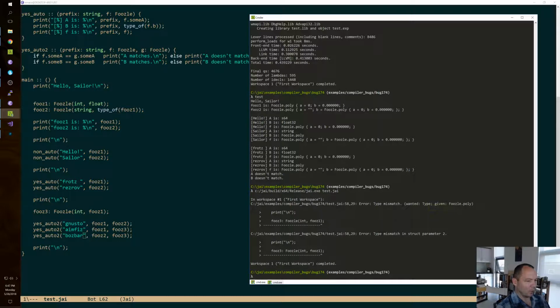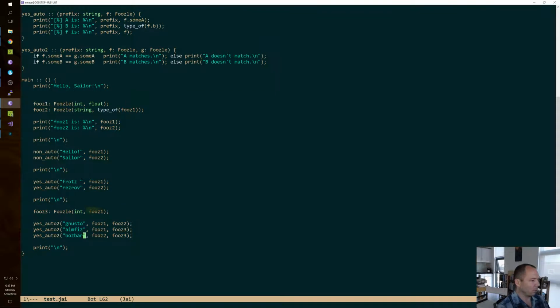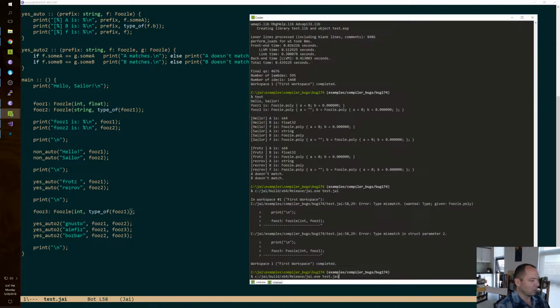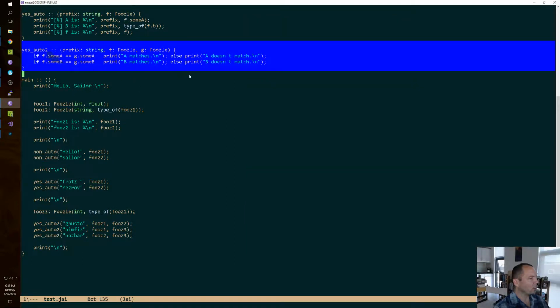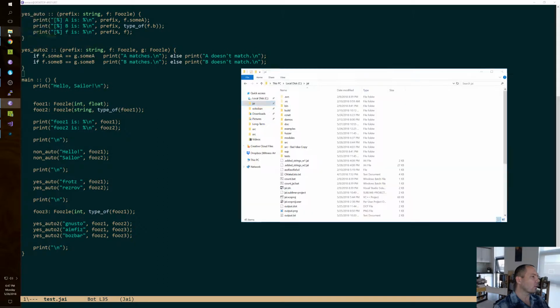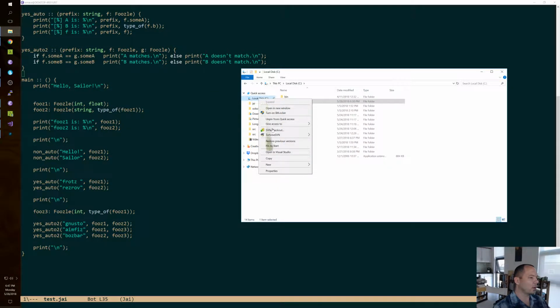Type mismatch. Wanted type given fusel.poly. Oh, we need a type of. All right. A doesn't match, B doesn't match. A matches, B doesn't match. A doesn't match, B matches. So this is actually performing as advertised. That is great. So now we say